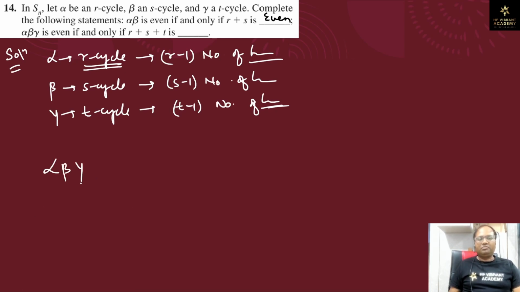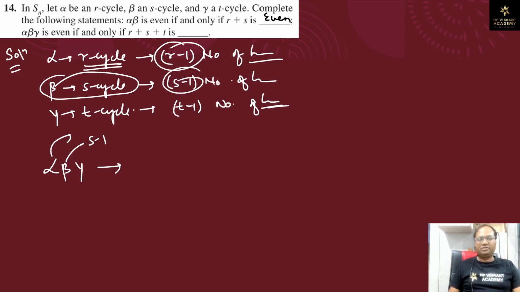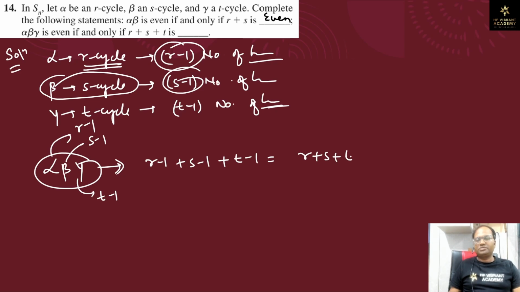ओके, नाउ वी हैव दिस वन, अल्फा बीटा गामा। ठीक है, तो अल्फा के अंदर कितना नंबर ऑफ ट्रांसपोजिशन है, R माइनस वन, बीटा साइकिल में कितना ट्रांसपोजिशन दे रहा है, S माइनस वन, गामा कितना दे रहा है, T माइनस वन दे रहा है, तो टोटल नंबर ऑफ ट्रांसपोजिशन कितना हो जाएगा, R माइनस वन प्लस S माइनस वन प्लस T माइनस वन, तो दिस इज इक्वल टू R प्लस S प्लस T माइनस थ्री। ठीक है, तो क्या दिया क्वेश्चन में, इफ अल्फा